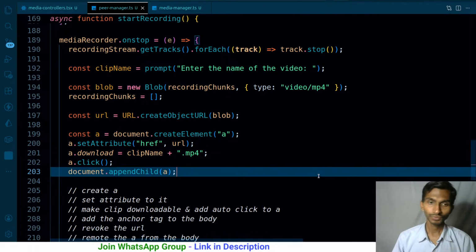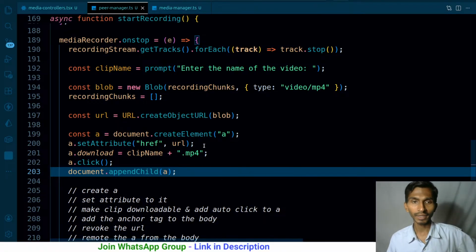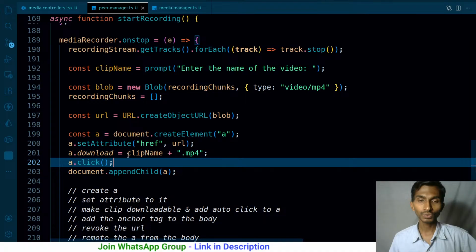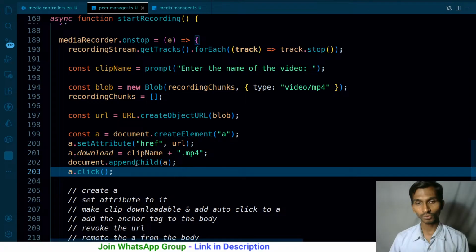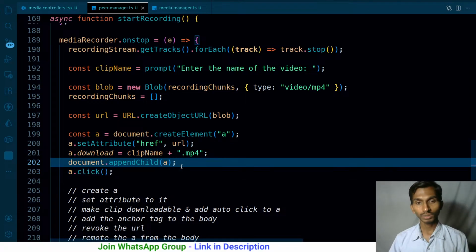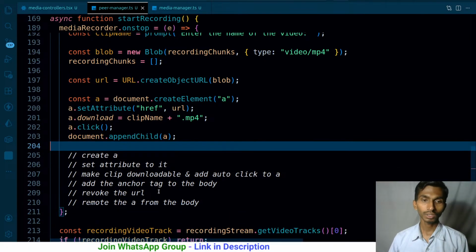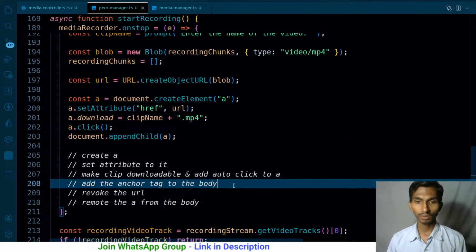That's what I wanted. So what I did, I created the anchor tag. I set the attribute href URL. Download is gonna be equals to this. So on download, this is gonna be the file name. And anchor tag, it needs to be done here at last. First of all, I have to just simply append it to the document, and then I have to just click it. But let's see whether it works directly or not. And once we've done, we have done it all.